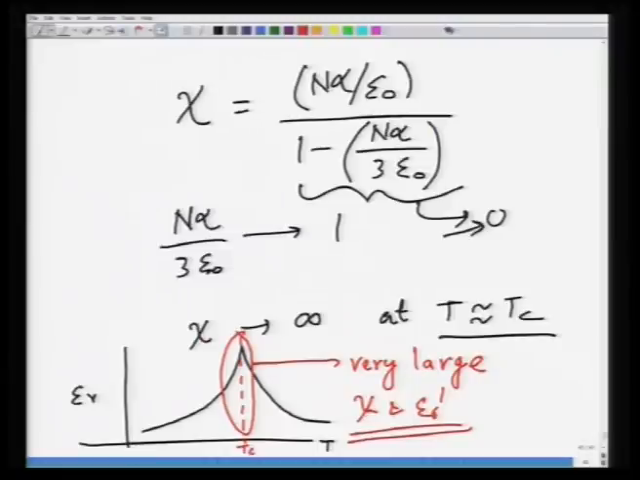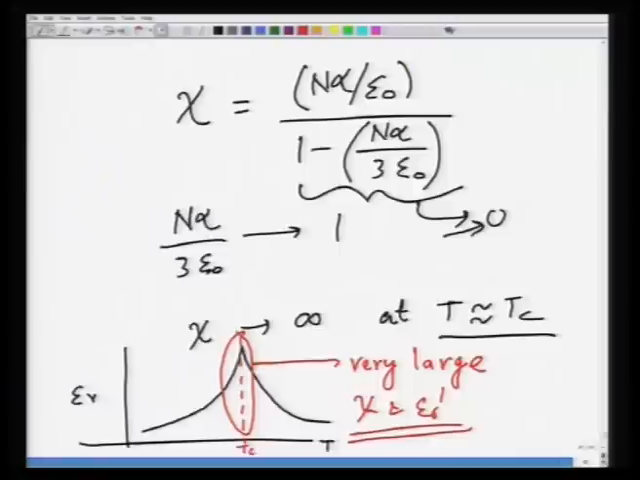So, what basically it means is that as n alpha by 3 epsilon naught approaches 1, and this happens near temperatures T equal to T c, chi tends to be infinity, and this is what represents a ferroelectric behavior near T c. So, this makes kind of sense, and at this point, given that epsilon r prime and chi are extremely large,